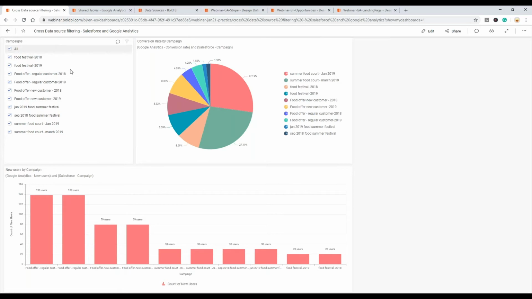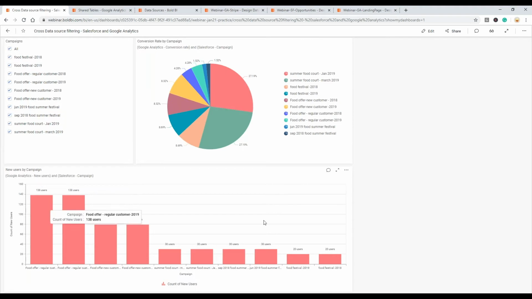As you see, this widget lists campaigns that have been run in the past year, and this widget shows the conversion rate produced by each campaign. The summer food court has produced a larger chunk of conversions, and we can easily decide that these campaigns are the most successful.